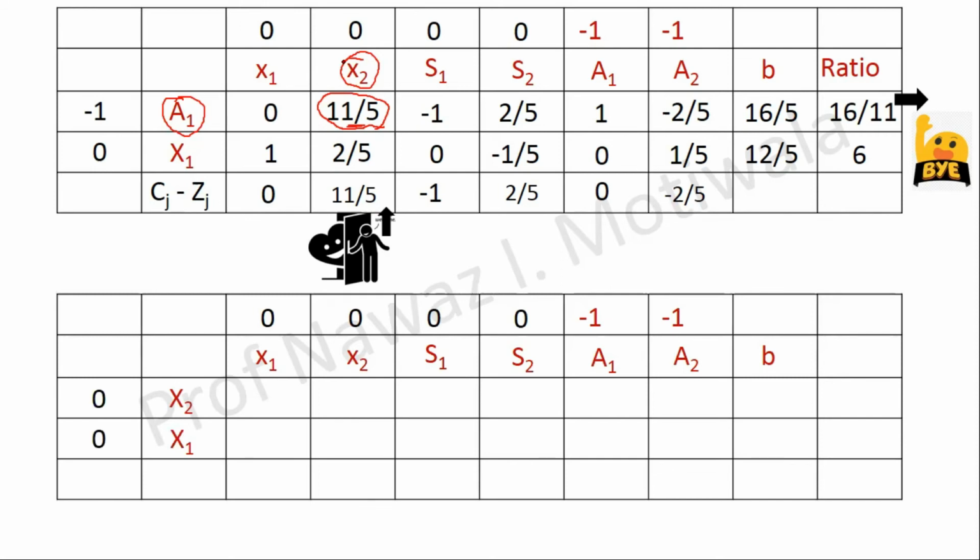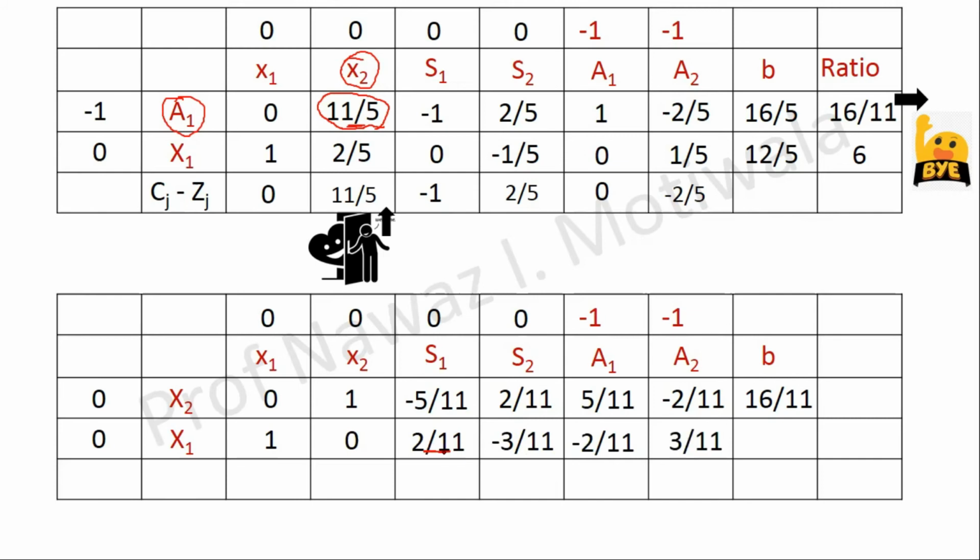Coefficients of X2 and X1 will be 0, 0 from the objective function in phase 1. Then all the values I will write again by dividing the entire row by 11 by 5. And for the second row values, we have one shortcut, that the basic variables form an identity matrix. So I will write 0, 1 respectively in X2 and X1, and then for the remaining values we have the cross multiplication technique. So with that I will get answers as 2 by 11, minus 3 by 11, minus 2 by 11, 3 by 11 and 20 by 11 respectively.